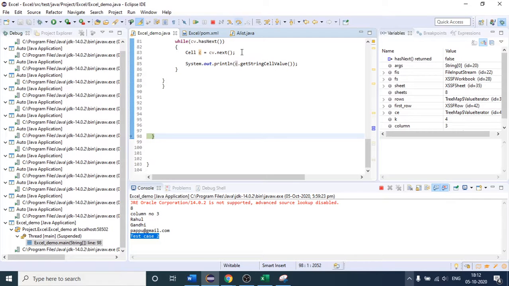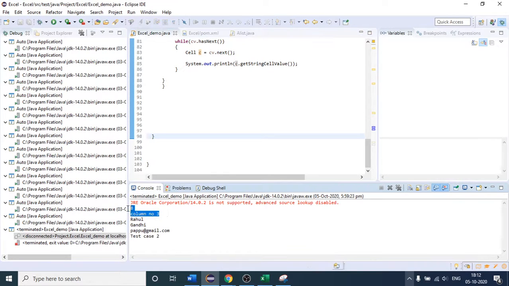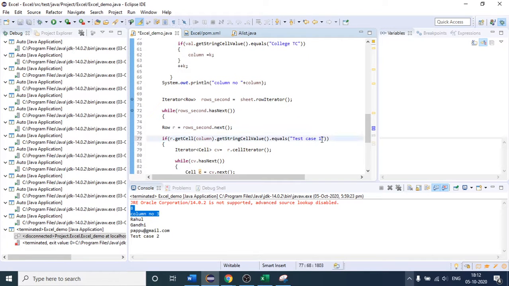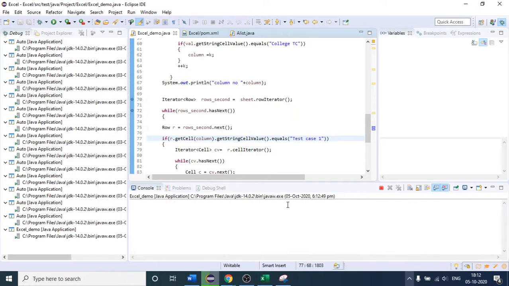You can see that after that we came out of the while loop, and this is how we are going to get the data. Likewise, if instead of test case 2 I provide 1 here, let us see what the output is. It will work in a similar way and give us the desired output. So if I provide test case 1,